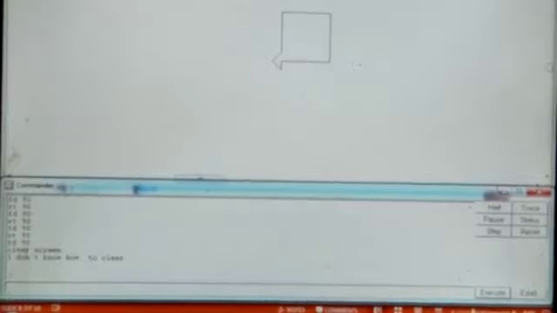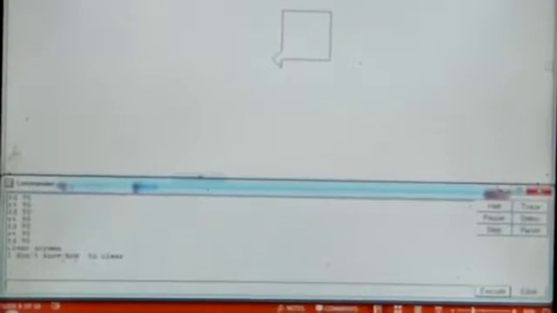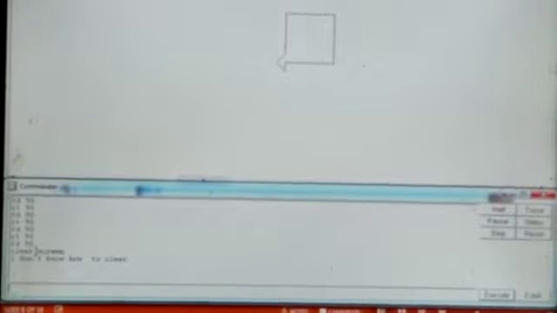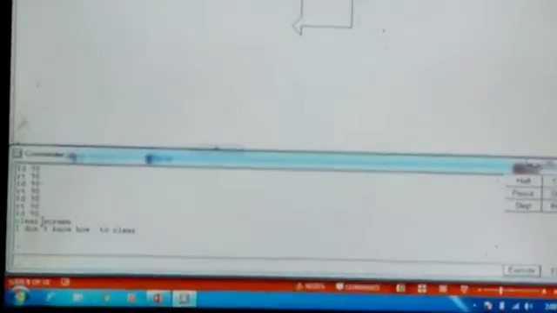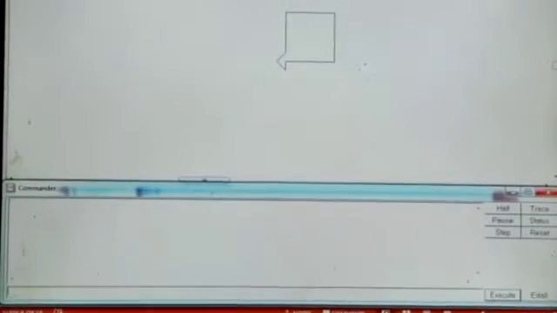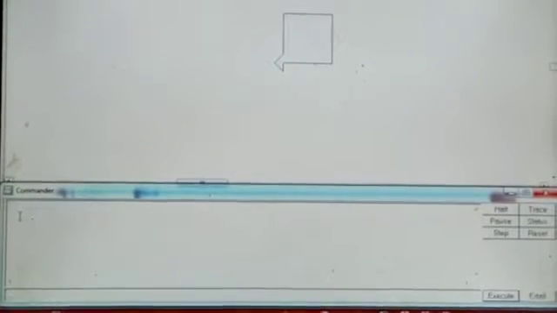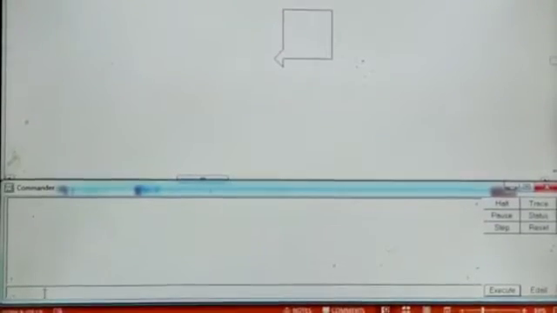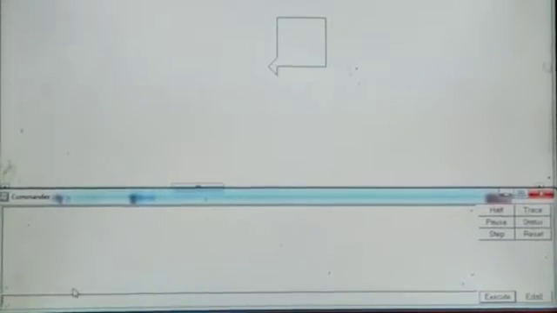Now I have made a mistake, children. That's why it's showing I don't know how to clear screen. We should not give any space in between when giving the command. Now we don't want to clear the screen. I want to clear the text. I have made a mistake. See, now I am giving CLEAR, clear. TEXT, clear text. Enter. Now you can see, children, here in the commander window, the text has disappeared. By giving the command CT, you can clear the commander window.